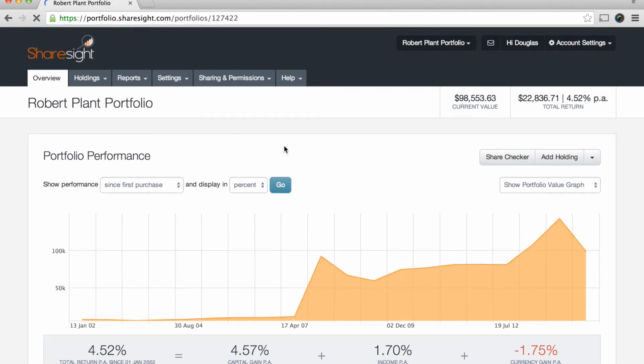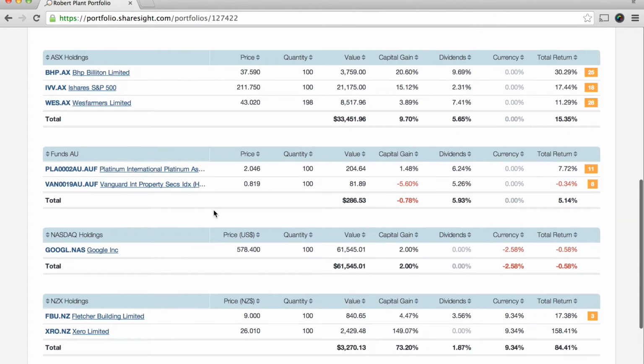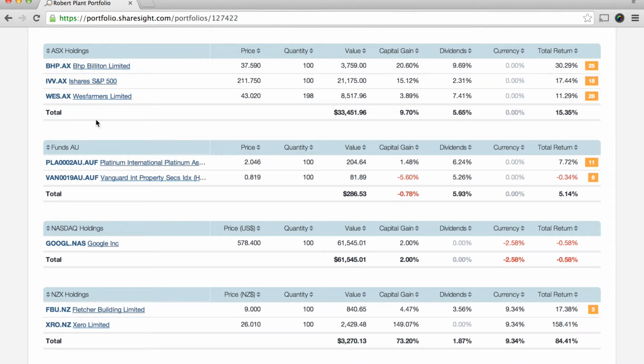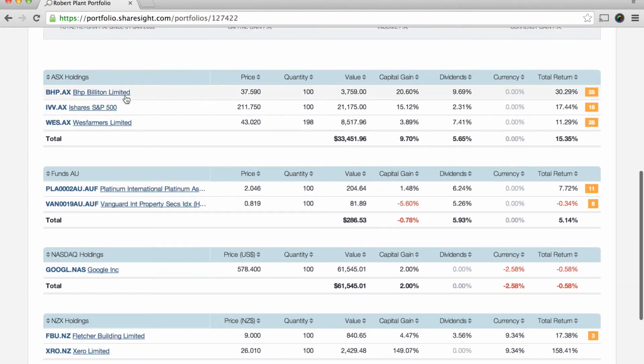If you had any errors, they would have been presented to you on that last page, and you are given the chance to ignore them or to rectify them right there. Again, if you ignore them, you can always come back into Sharesight and add those holdings manually later on. So now in this portfolio, you can see I've got a range of securities across the ASX, Managed Funds, NASDAQ, and the NZX. So if I go into one of these holdings, let's pick West Farmers for example,